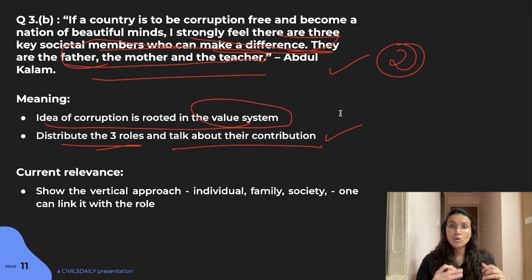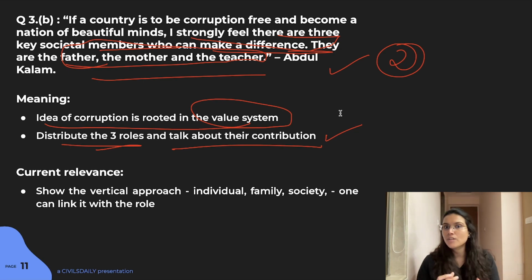you're talking about activities that are constantly happening around you. The basic value system is something that the mother teaches you, right? So the value of honesty, the value of integrity is something that a mother can teach you. When you move on to the teacher portion, again the teacher is a very big influence. It is where you actually start to go to the outside world and start making your own decisions.